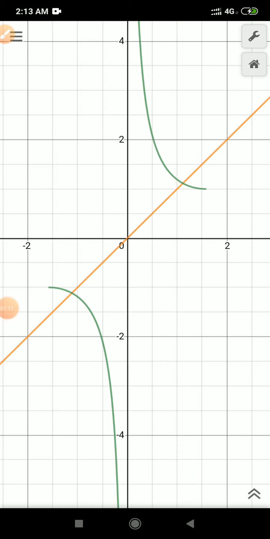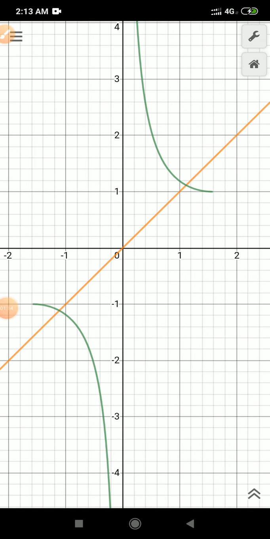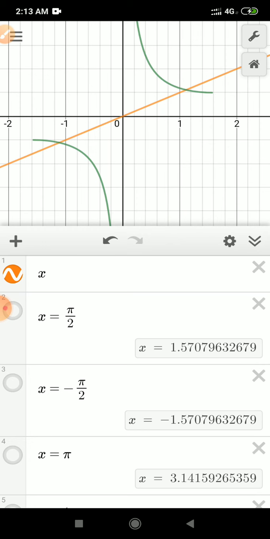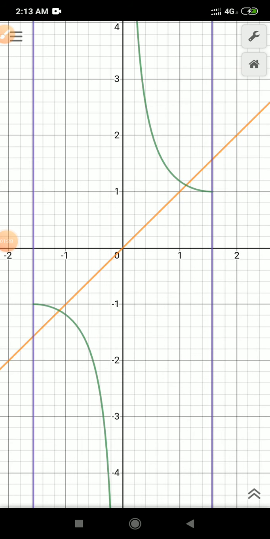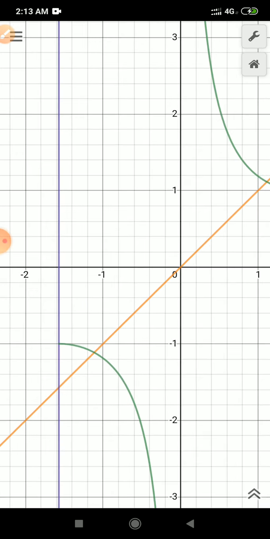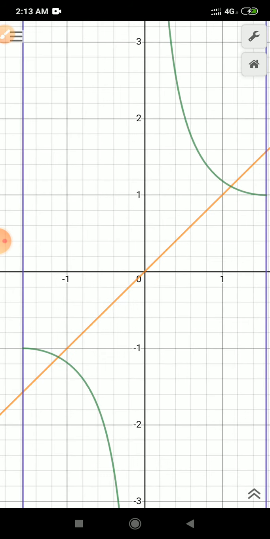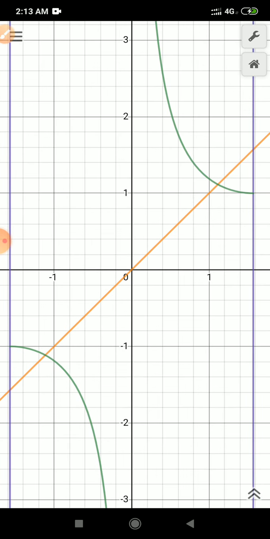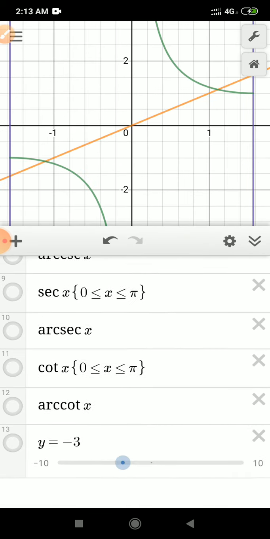So this will be the graph for cosec x within the domain minus pi by 2 to pi by 2. Now also let me draw the lines pi by 2 and minus pi by 2. So these will be the lines. The left one is the minus pi by 2 line, the right one is the pi by 2 line. So clearly you see within this domain the function is injective, and also if we draw the lines